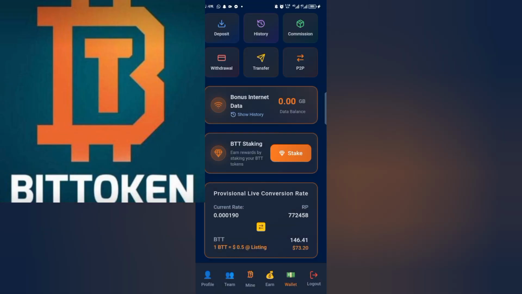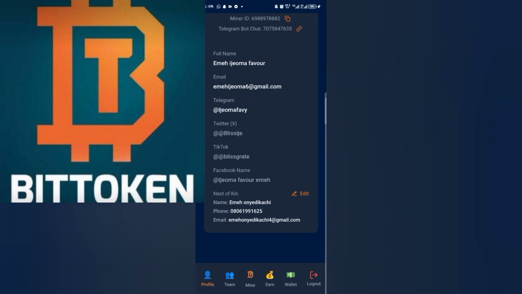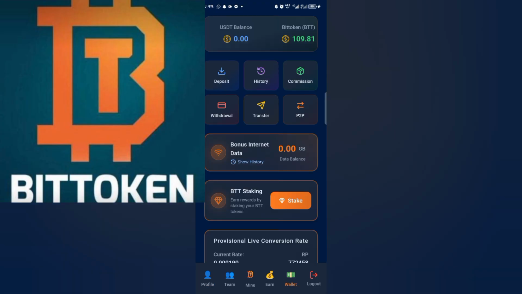All right. Now, let's quickly run over to the practical aspect of this BTT staking. When you come to your app, you go over to the wallet section. Remember, this platform already upgraded their app. Probably the way you've seen it in the last few months, since a month plus, it is now totally different. They have this background right now.